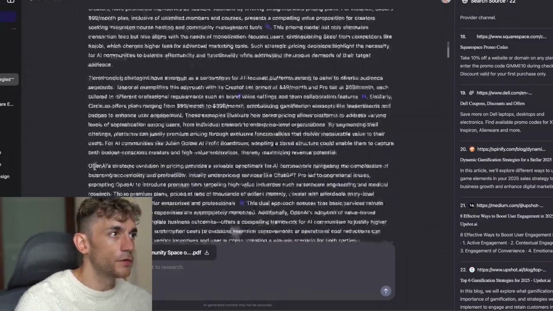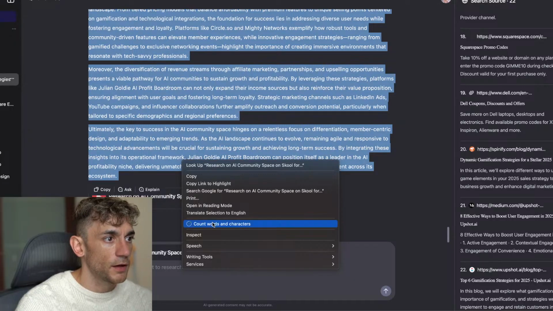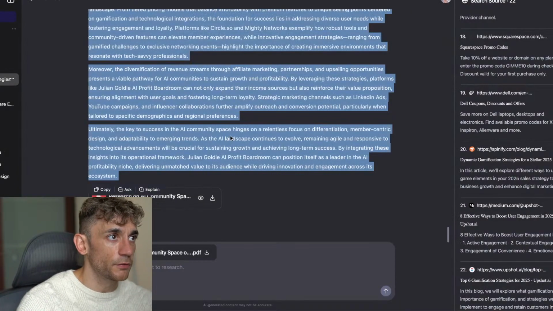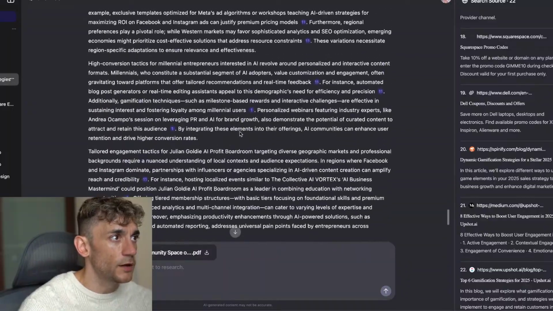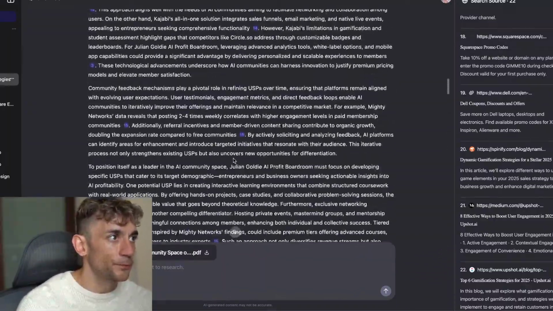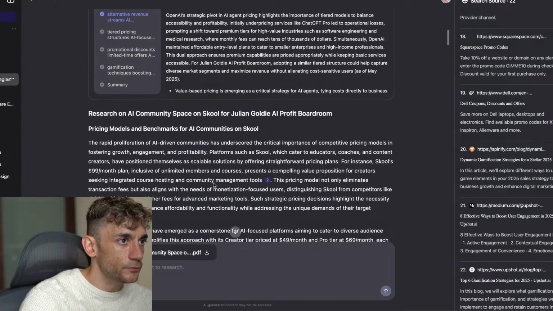Let's see how long the research report is. We'll click on that, scroll down here, count the word count. And that is 4,000 words. So it's generated 4,000 words of research. Now, there's a few different ways that you can split this up as well, which I'll come on to in a second. But essentially, if we look through this report, even though it is a lot of text,